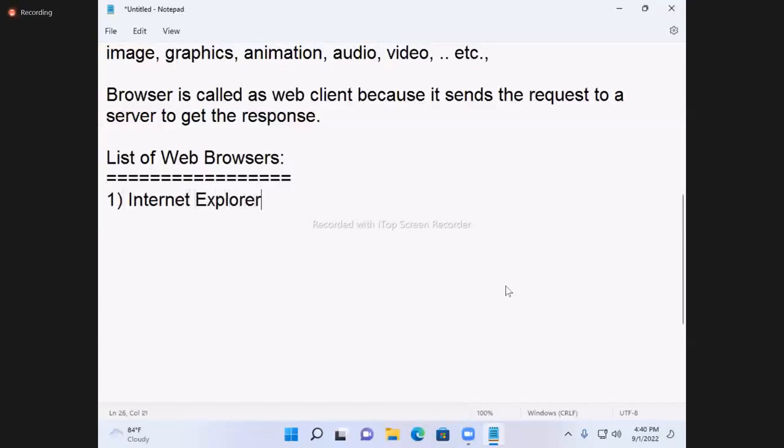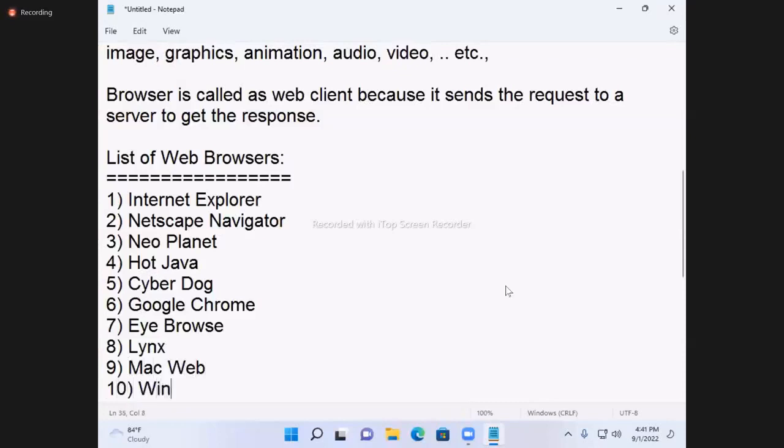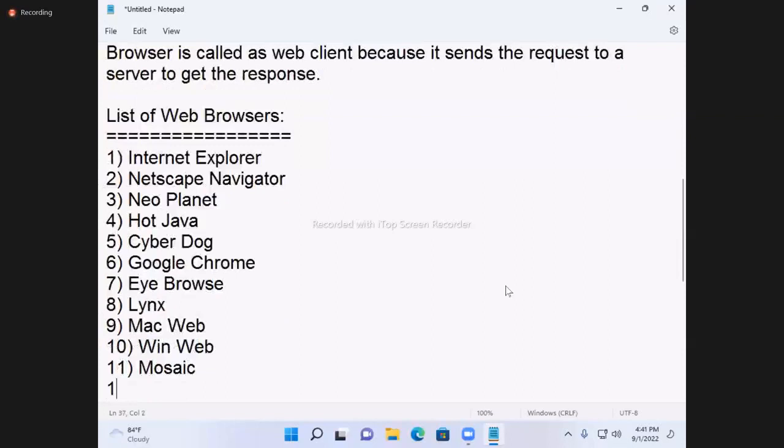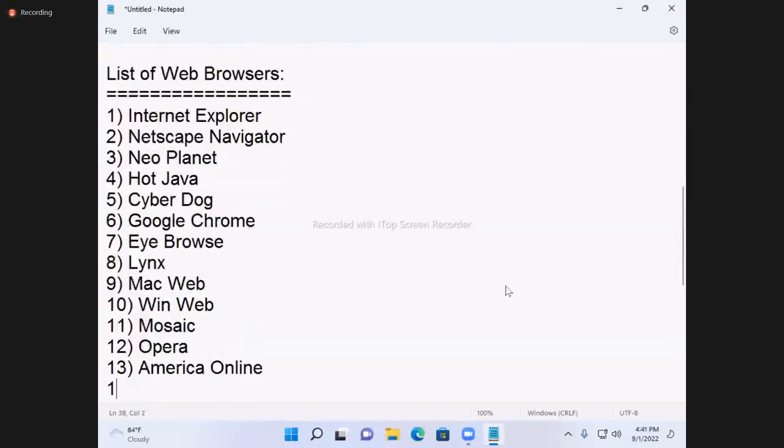Internet Explorer, Netscape Navigator, NeoPlanet, Hot Java, CyberDog, Google Chrome, iBrowse, Lynx (Lynx is not an operating system, it is a browser), Mac Web, WinWeb, Mosaic, Opera, America Online, Mozilla Firefox.